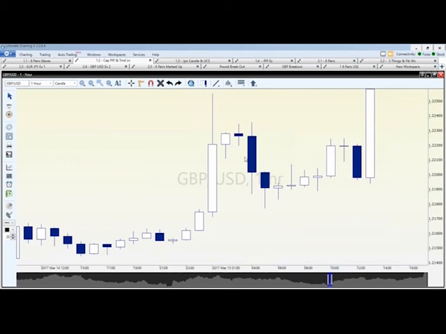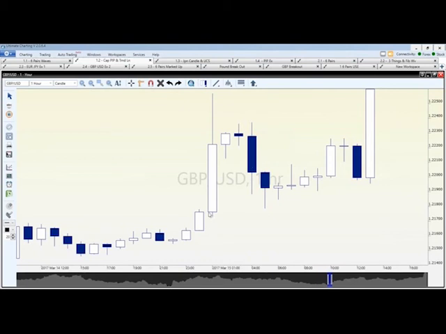Has anybody ever learned or heard or studied the term Japanese candlestick? If you have, just put candle in the chat box if you've ever heard of the term before, or if you've started to study it. So each one of these bars is what's called a Japanese candlestick. And the white ones are when it goes up. The dark blue ones are when it goes down. So that means it went down in price.